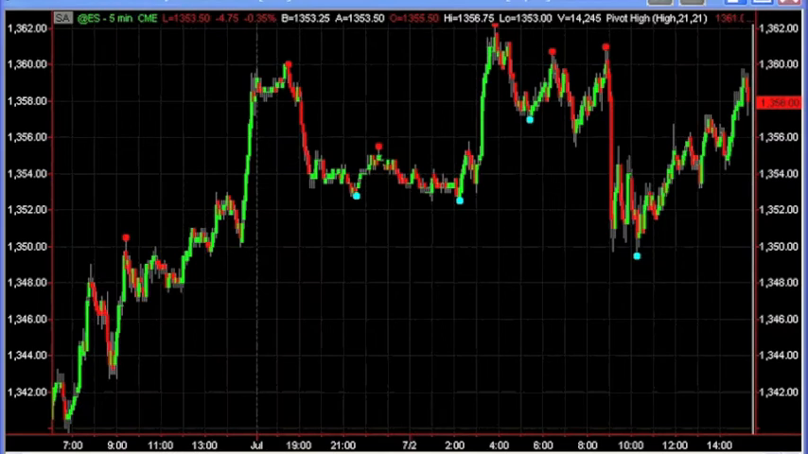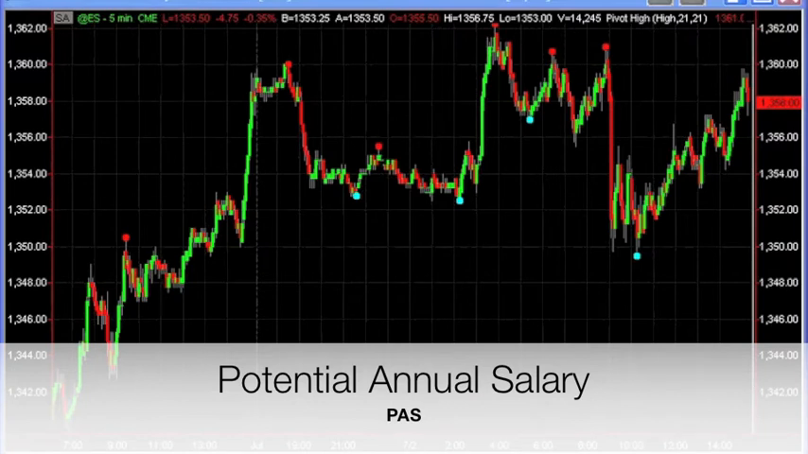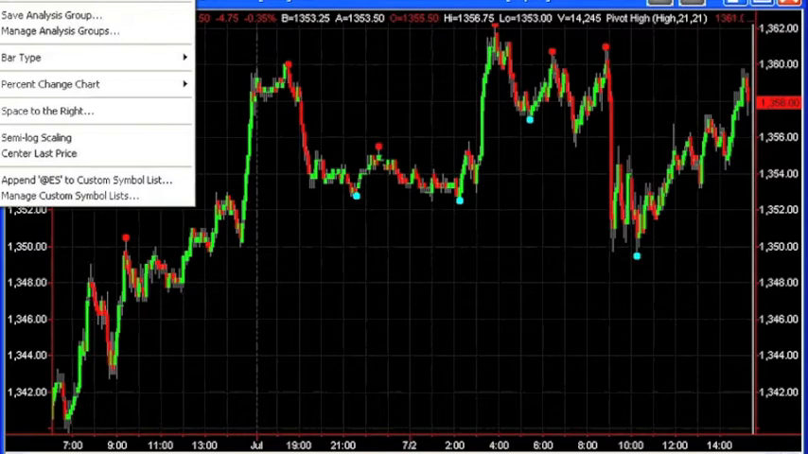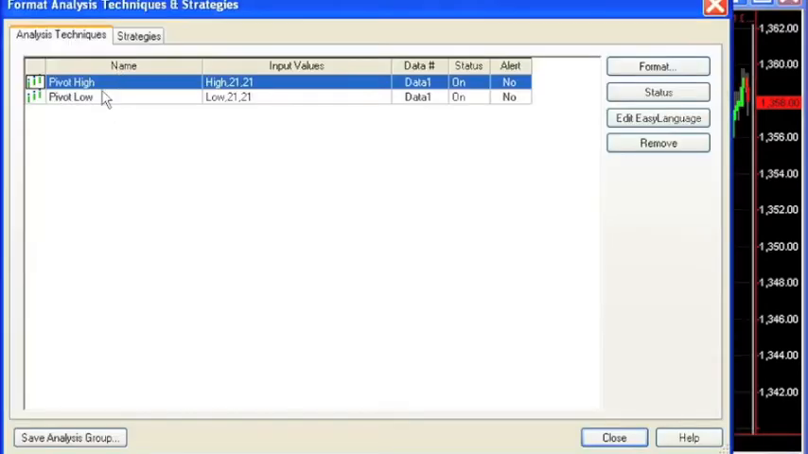What we're going to look at is potential annual salary as described in the article here above. If you're watching this on YouTube or some other location, there is an article associated with this. You can see that at systemtradersuccess.com. So basically what we're going to have here is simply the TradeStation standard analysis techniques, pivot high and pivot